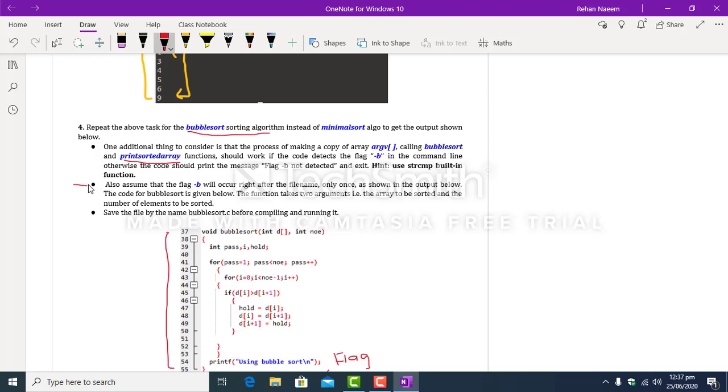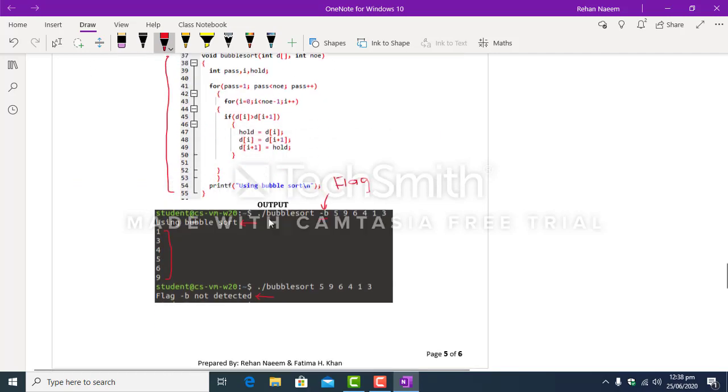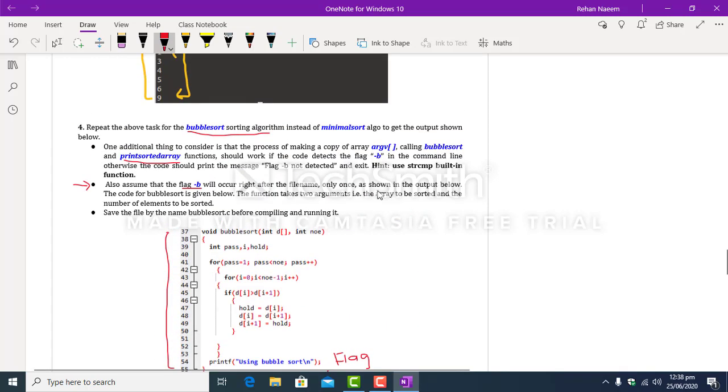And there is one more thing, you have to assume that this flag -b will occur right after the file name. Right after the file name, -b can be entered by the user and not anywhere else, and it can be entered by the user only once. Clear? So it will be entered by the user only once,